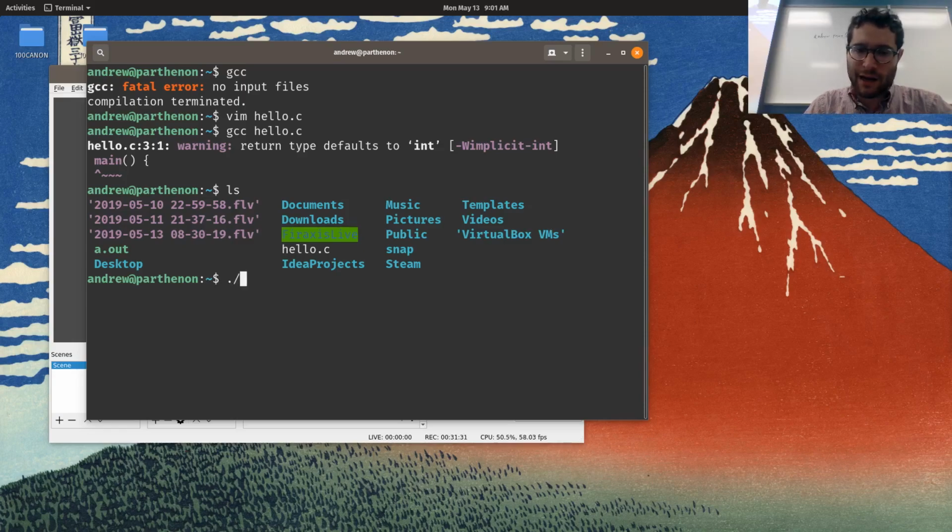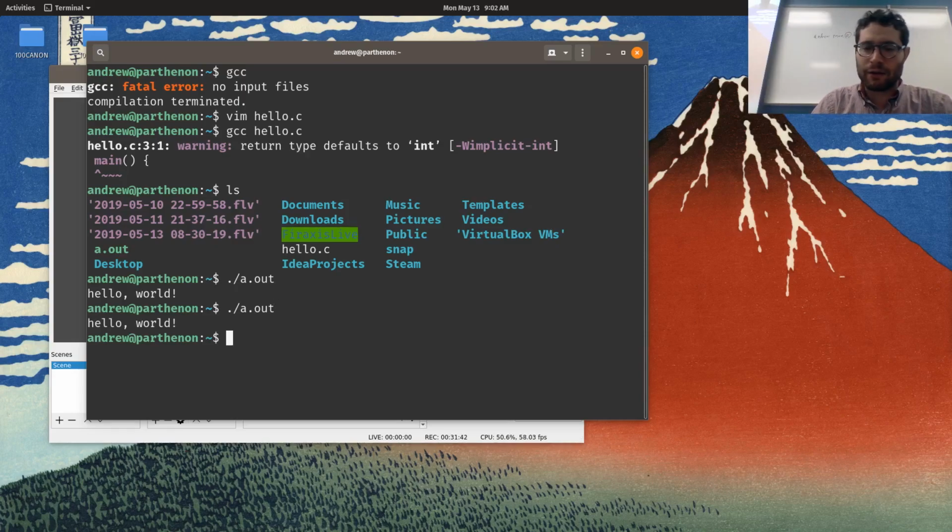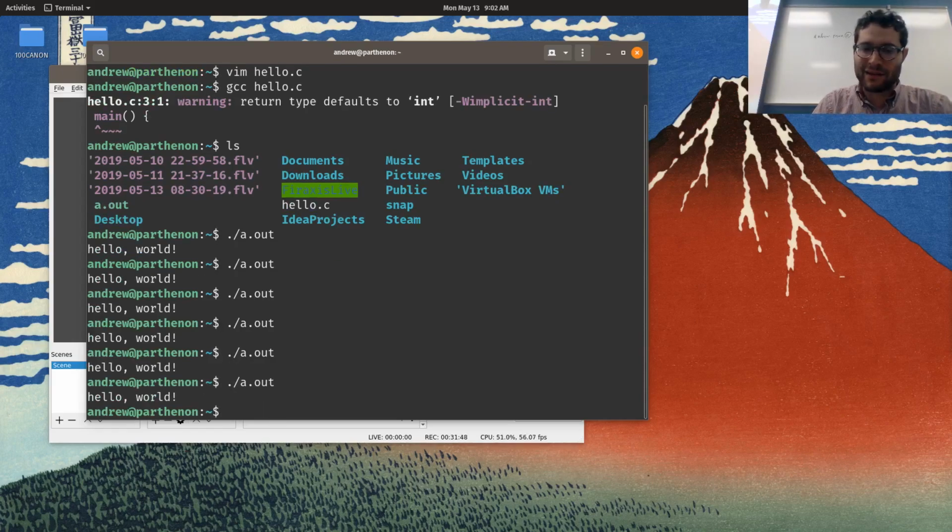So if I run a.out, now it says hello world. If I run it again, it will say hello world. That is the typical first program called hello world, which just prints out the message hello world.